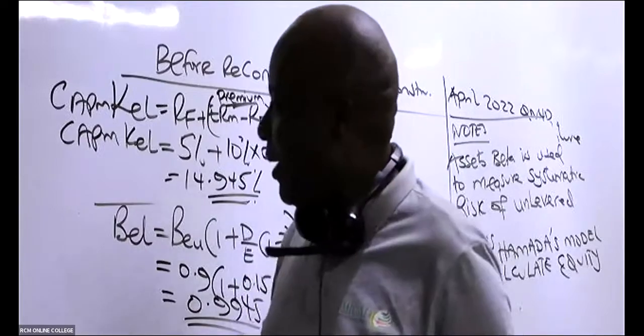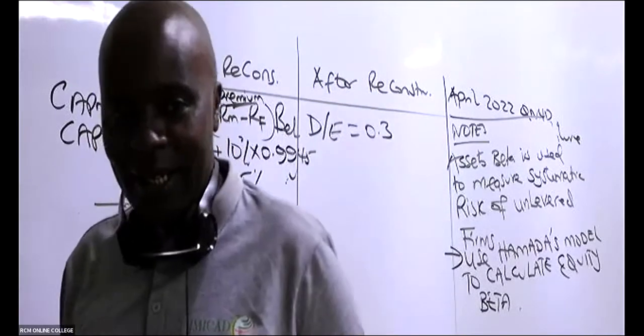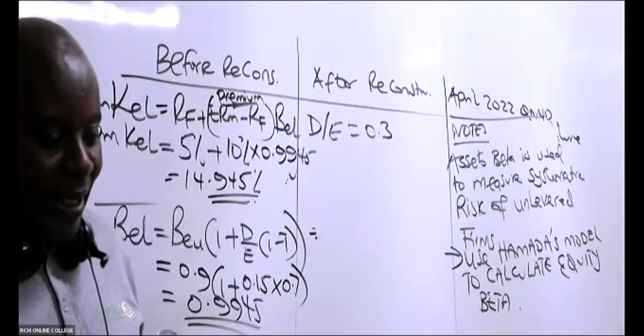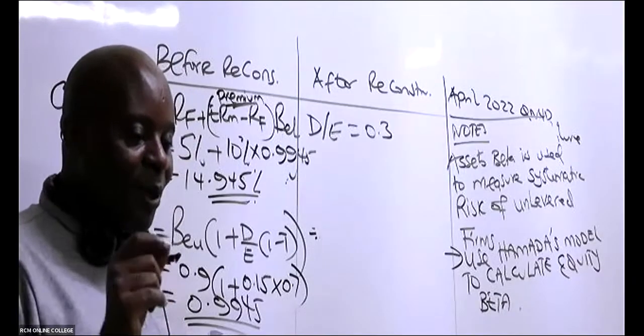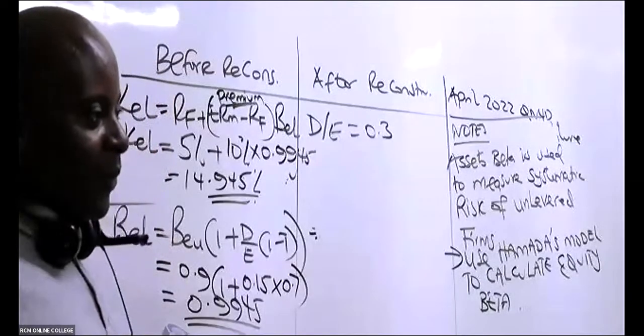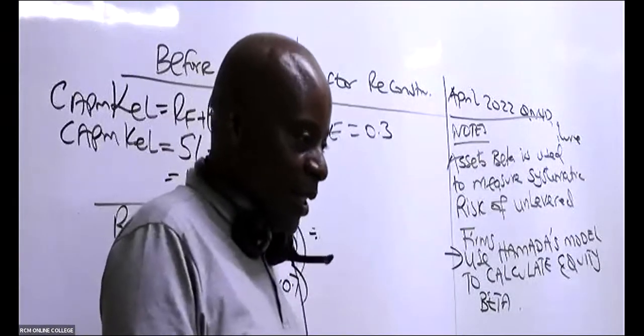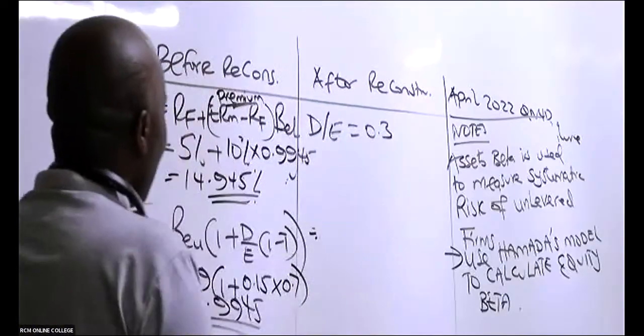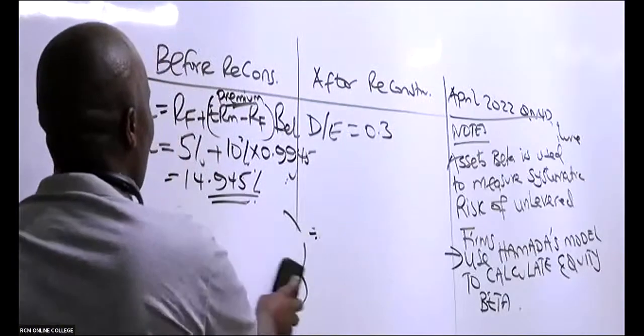Having gotten the cost of equity, Kel, first we shall get the weights. Because to get WACC, we need the weights, isn't it? So go ahead and give me the weights here. Before reconstruction, we know